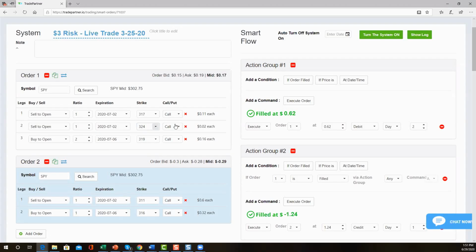Nonetheless, the 324 here, you can go ahead and exit that if you wanted to, and there would be no dead zone at that point. You would have the ability to replace that 324 and bring in more premium if the market actually moved up, which would create an even better trade. The dead zone was very, very small in the first place. I was not worried about it at all. Okay, but at this point,